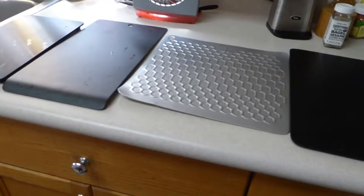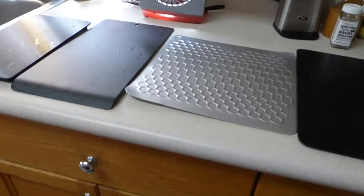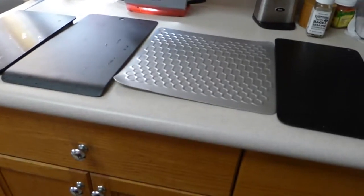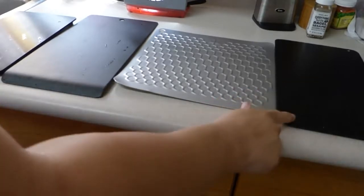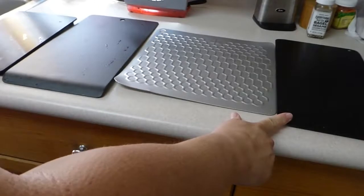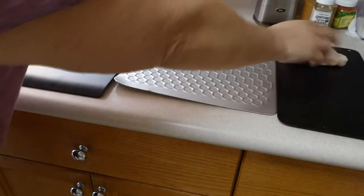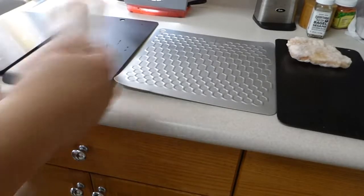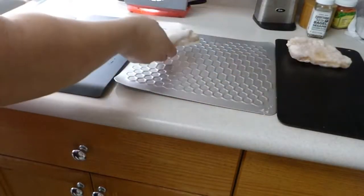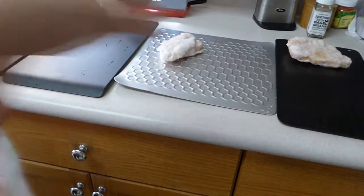Before we start our dish, I wanted to do a little bit of a scientific experiment, if you want to call it that. I bought this one here, the quick and easy defrosting tray off of Amazon, and I wasn't too excited with the results it gave me. Since that one's going to take forever, I'm going to put the bulk of them on